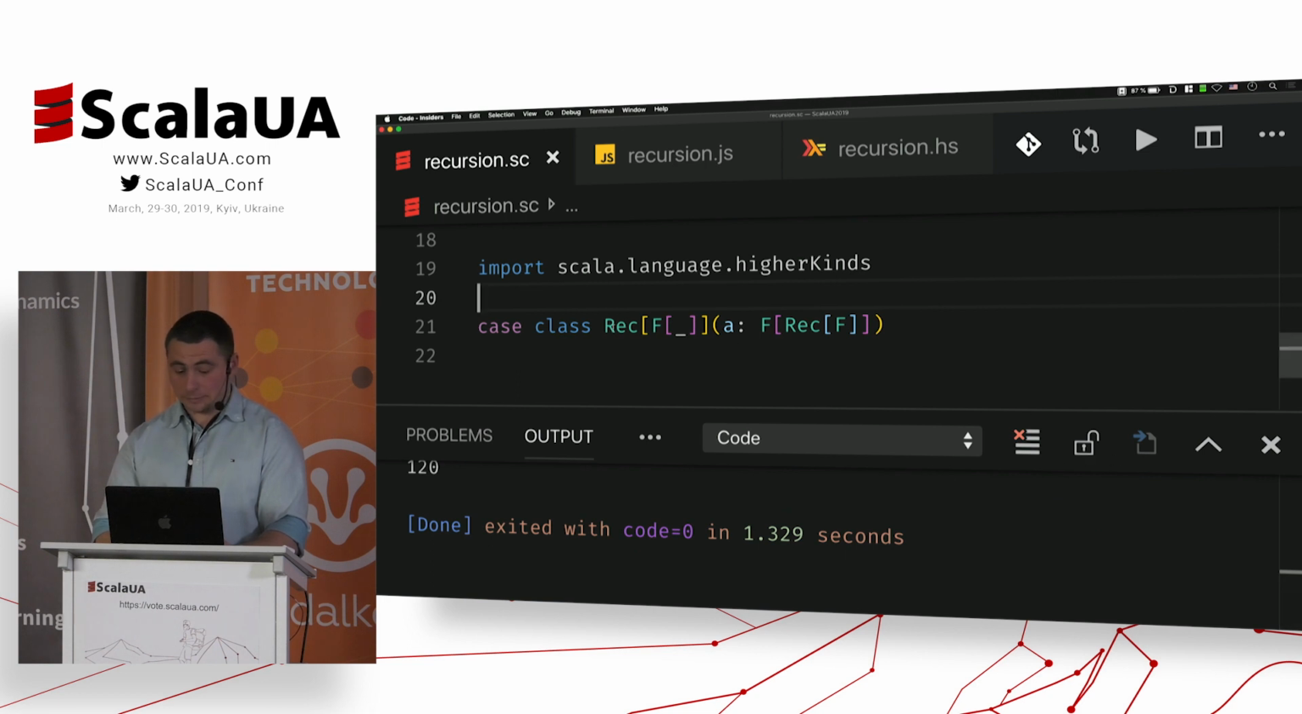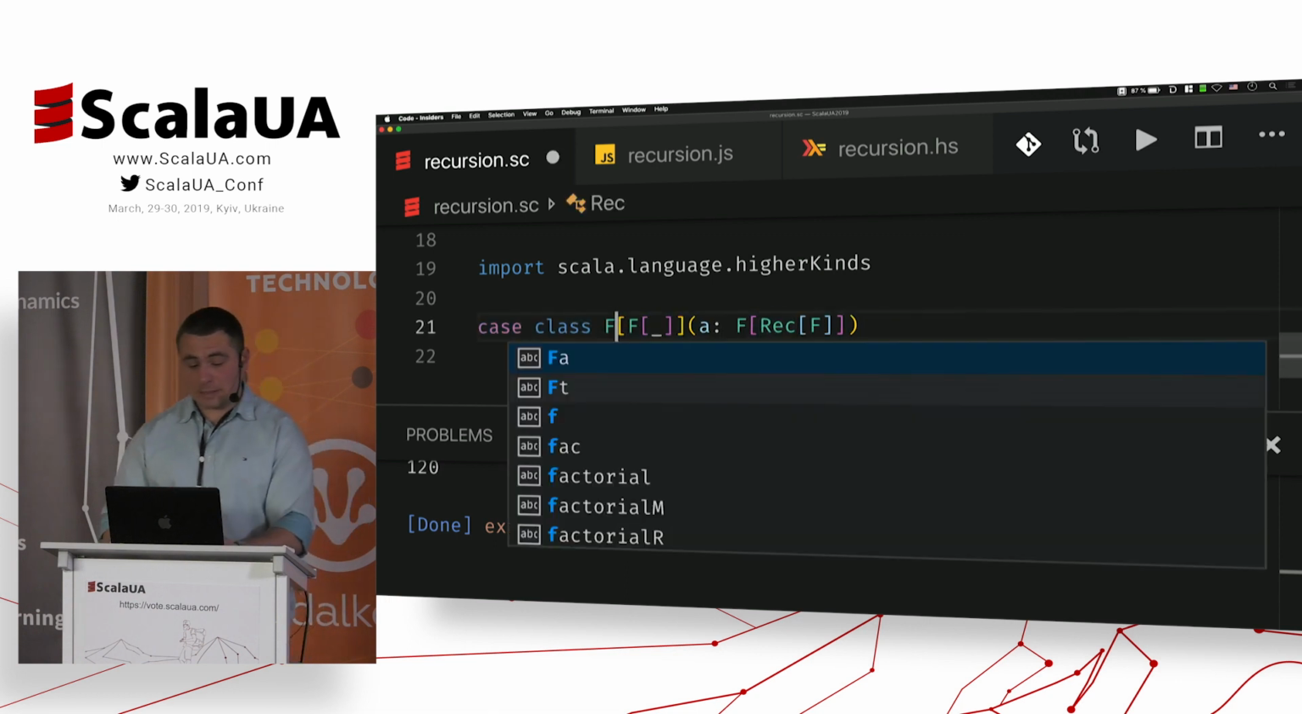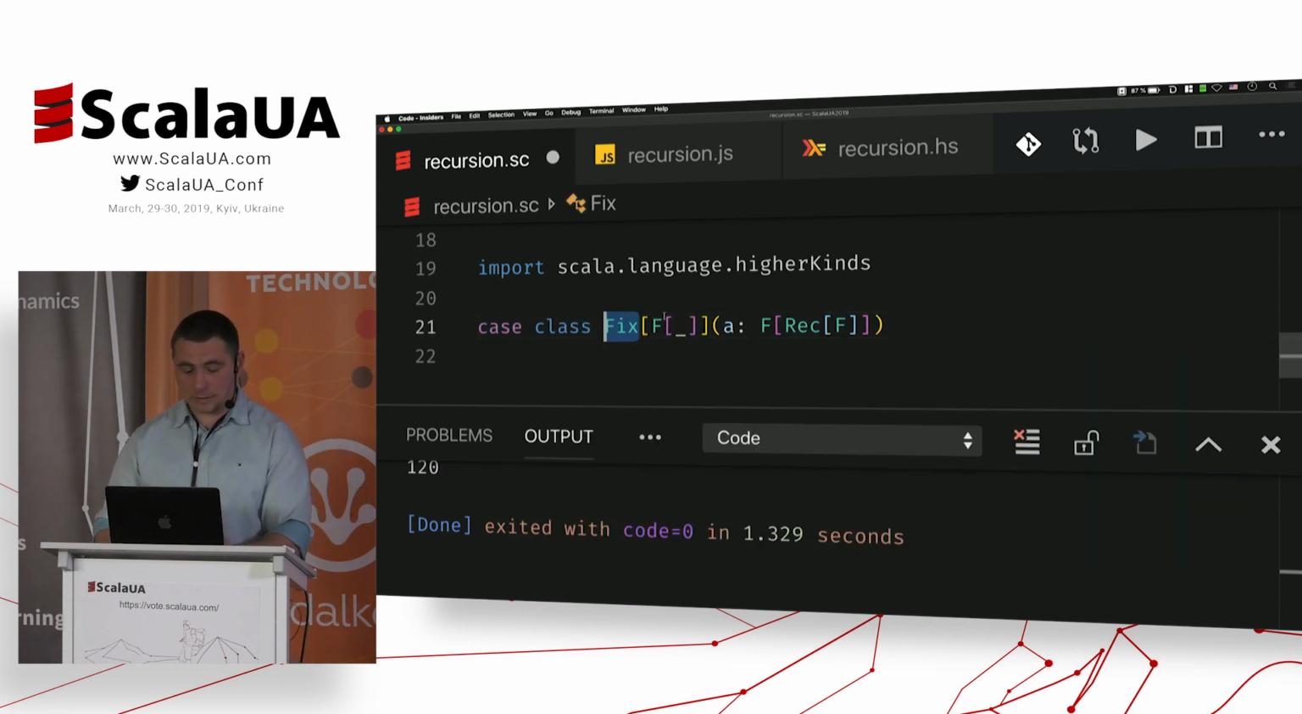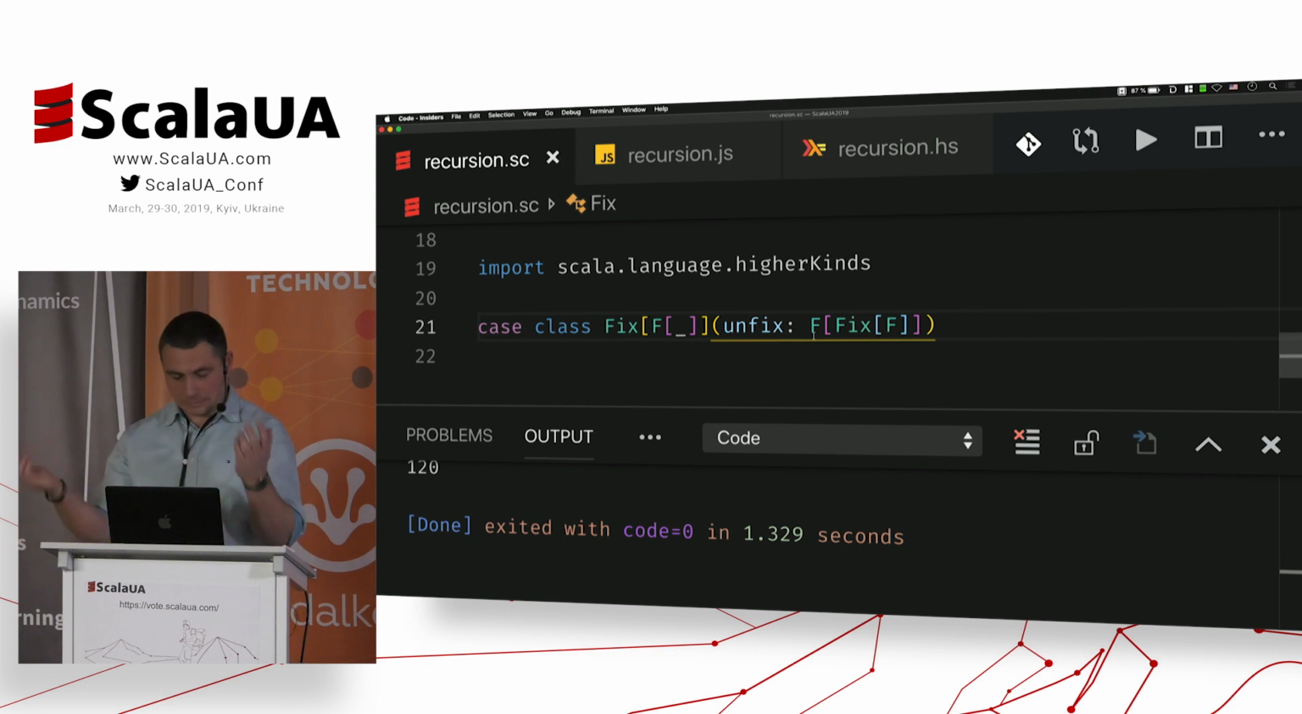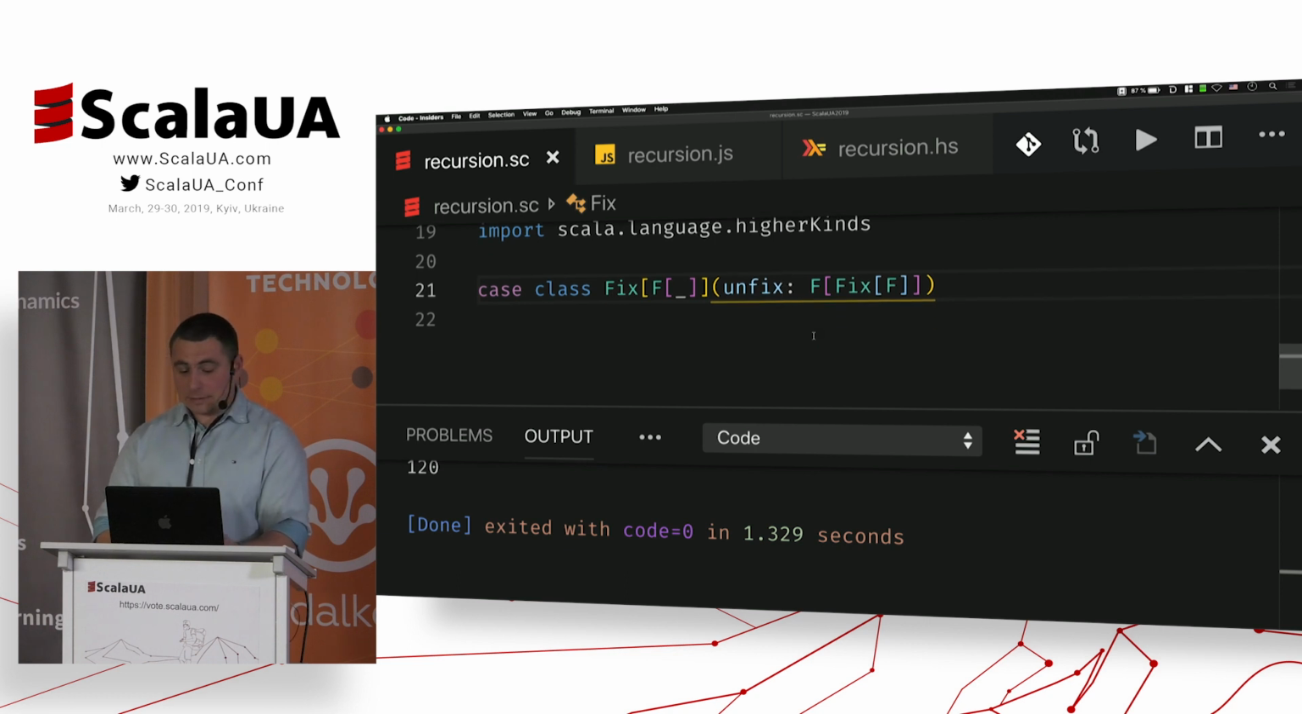Okay, it compiles. So we now have this definition of rec. Let's call it Fix, as I said, just so that we stay in the naming convention space. And by convention, this parameter is called unfix. It's kind of fix of unfix of fix of unfix, and so on. Yeah, that's it. So that's the fix point type, and it's useful to represent recursion on the type level in